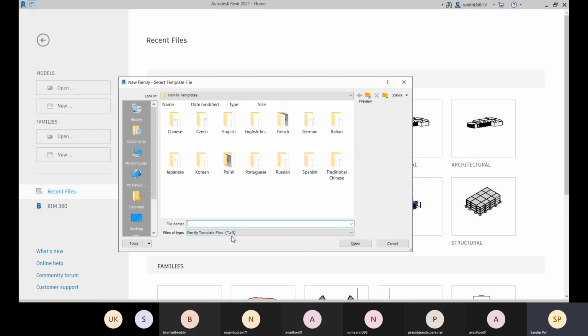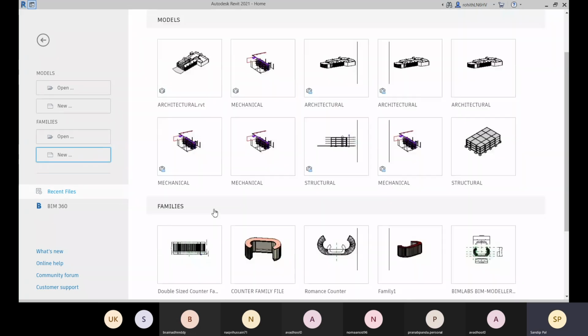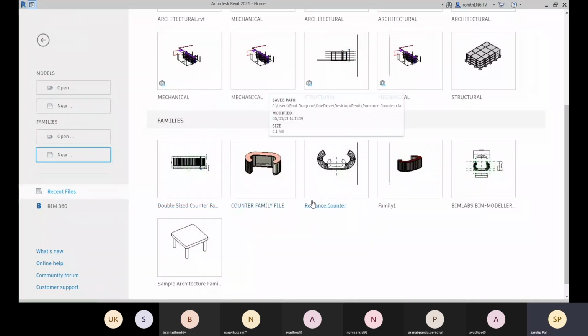So the file type is .rft for the family template file, and for your family file the type is .rfa. You can see .rfa is the extension type for a Revit family file.